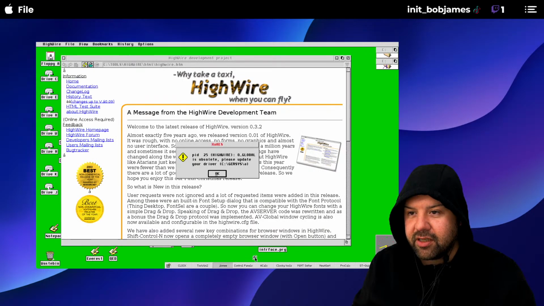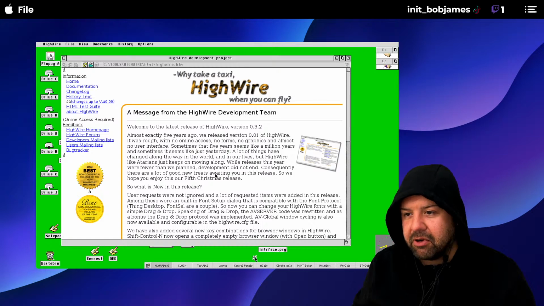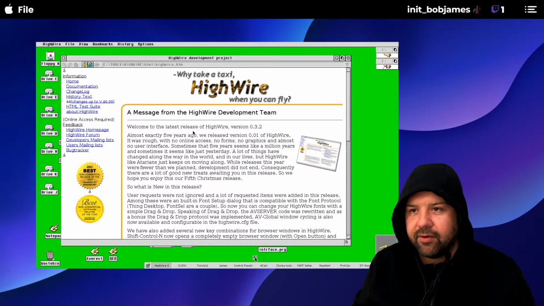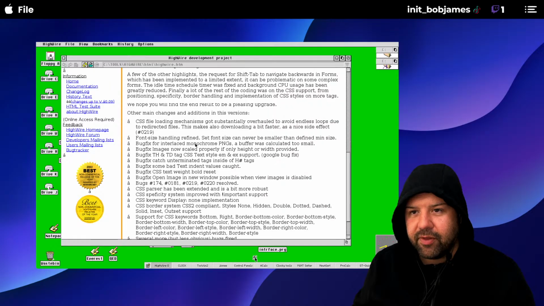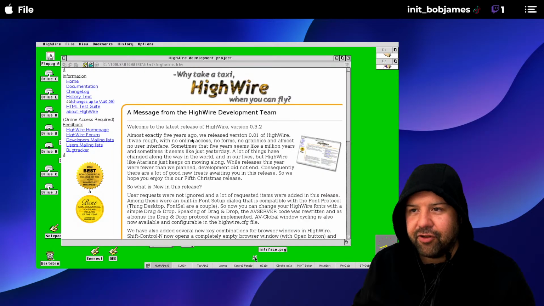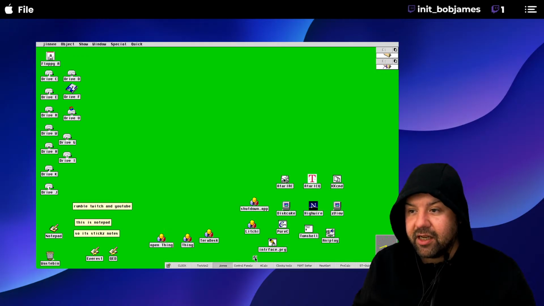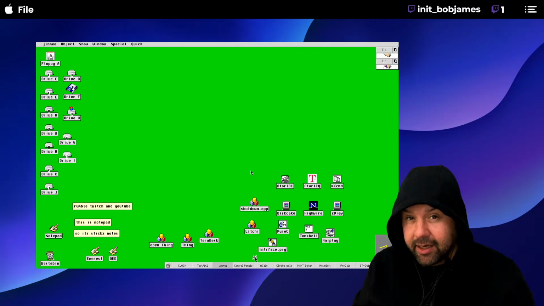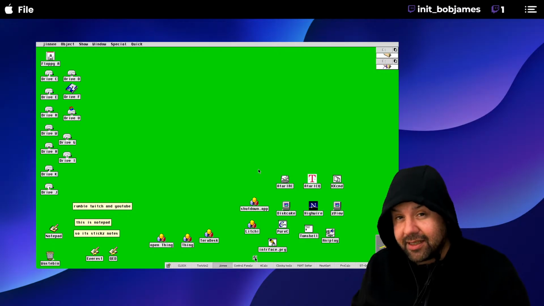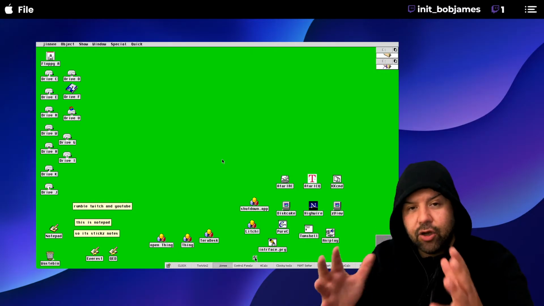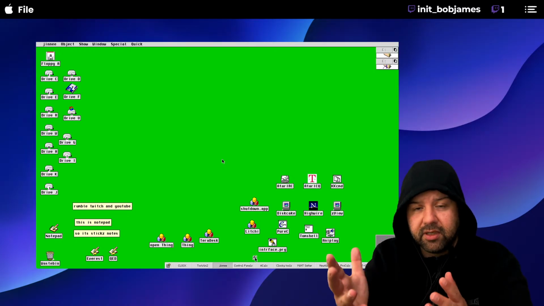And as long as it doesn't crash the machine, okay, we have some issues. This is Highwire, one of the browsers. There are a few other applications on here, but there is no network attached to this machine right now. We can see there's an Atari IRC client. If you know what IRC is, it's Internet Relay Chat. And this whole system that we've got,